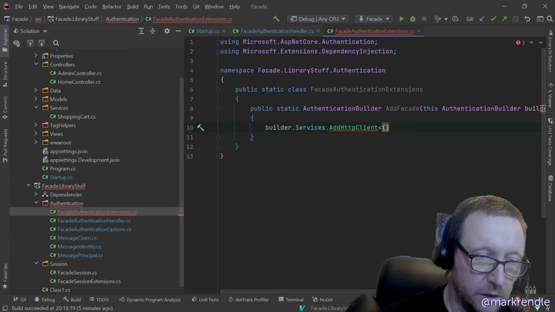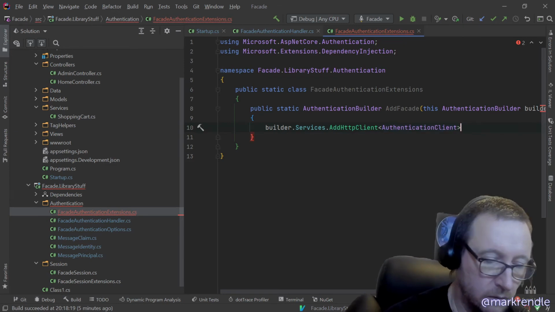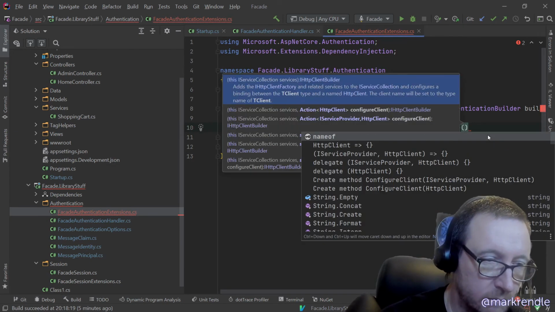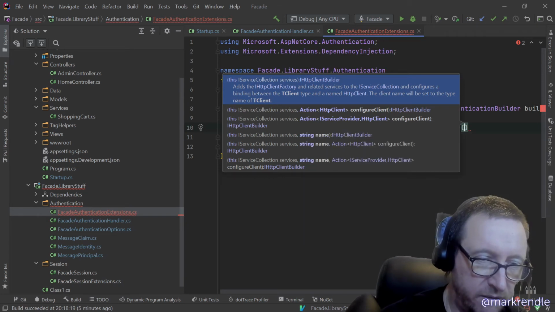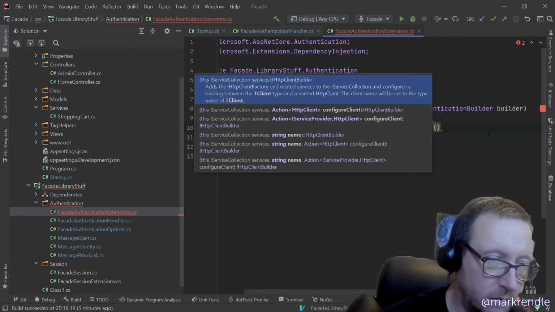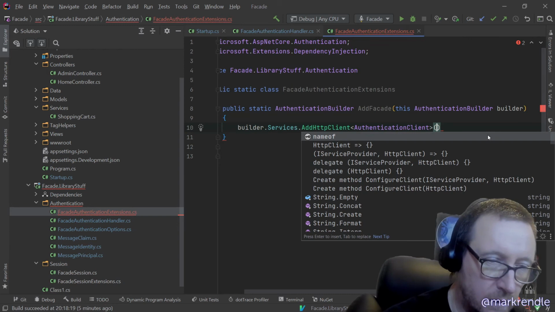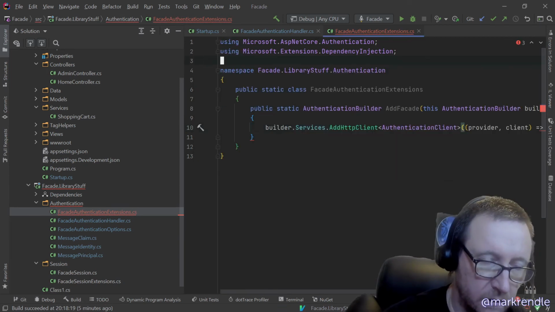and we are going to use HttpClient with AuthenticationClient, and then what have we got here? And we've got service provider and HTTP client, so we can configure the client there. Oh no, don't do that. This provider client